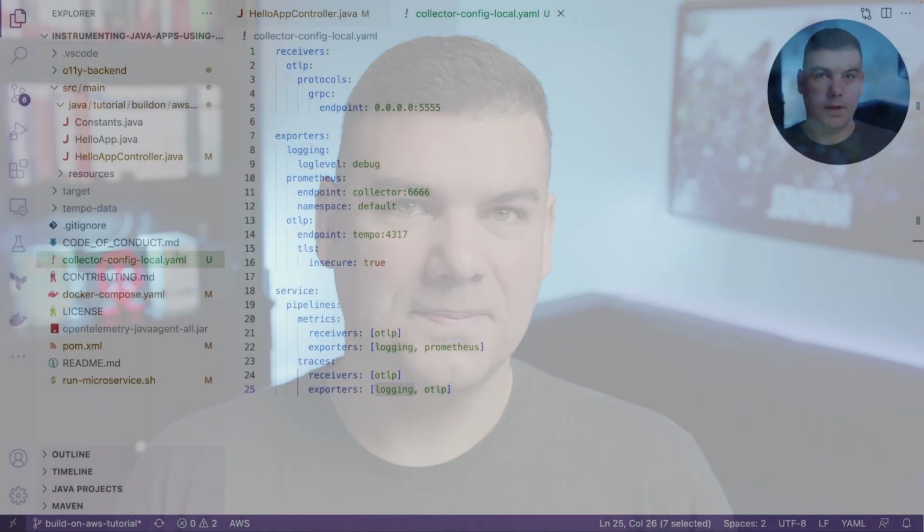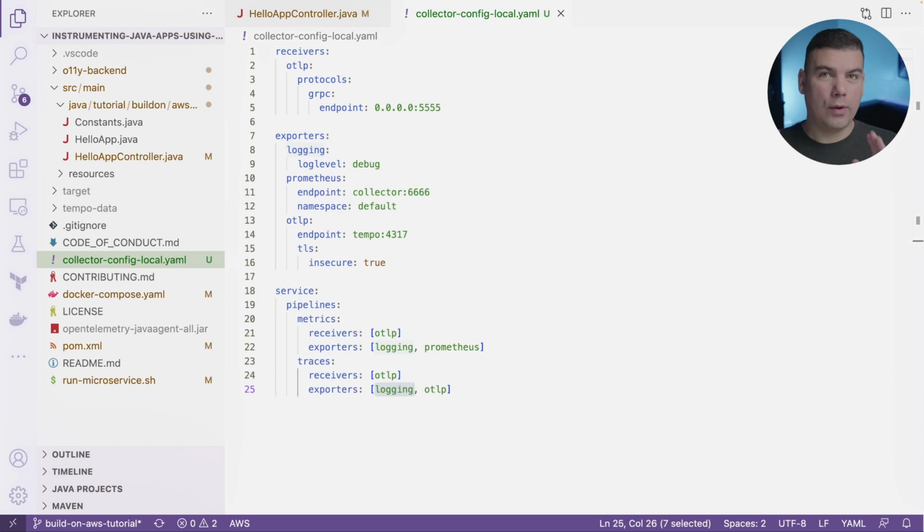And as we have been discussing all this time, talk is cheap. Let's see how this works in practice. In this example, I'm going to show you how we can switch the observability backend that we have been using throughout all the series to AWS. So in case of traces, we're going to change from Grafana Tempo to AWS X-Ray. In case of metrics, we're going to switch from Prometheus to Amazon CloudWatch.